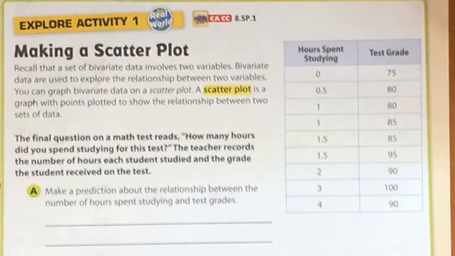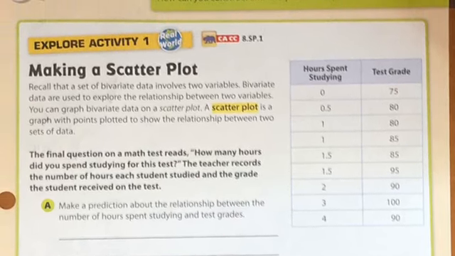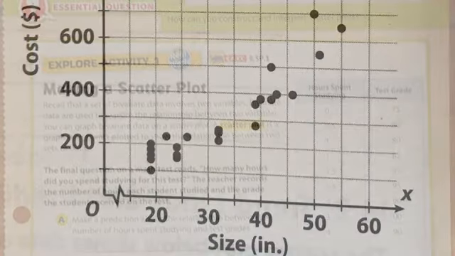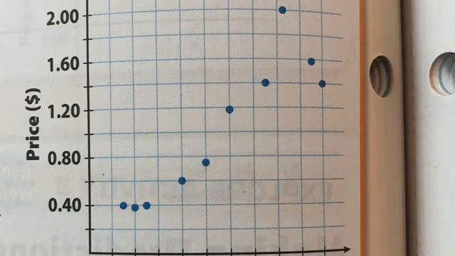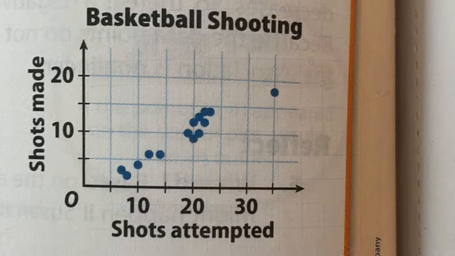All right, today we're going to learn about making a scatter plot. And a scatter plot is just a graph with points showing the relationship between two sets of data. So bivariate data, two variables. So for example, the price and the weight of an item, like if you're buying by weight, like snack items,